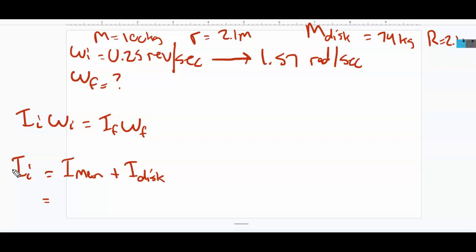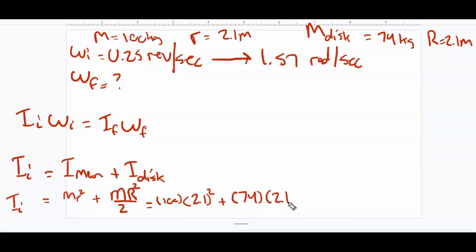So this is the initial moment of inertia. I have the man, who is like a point mass, and I know for a point mass the moment of inertia is just mr squared. For a disk, I look at my OnRamps formula sheet and I see that the equation is mr squared divided by 2. Since I have all of these values, I can plug in to find the initial moment of inertia. That is going to be 100 times 2.1 squared plus 74 times 2.1 squared